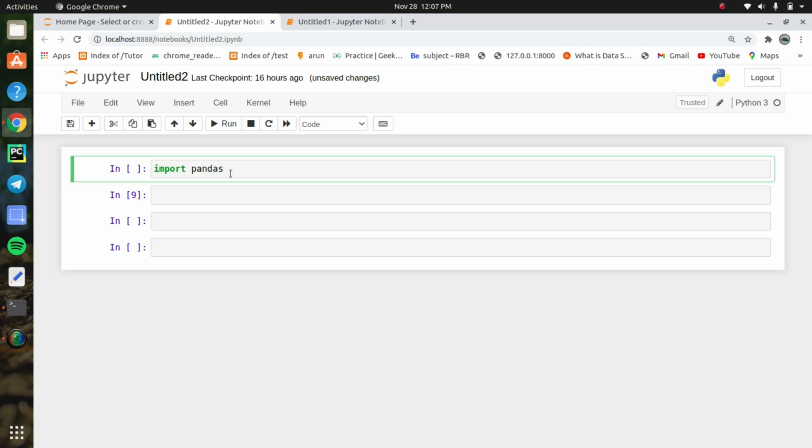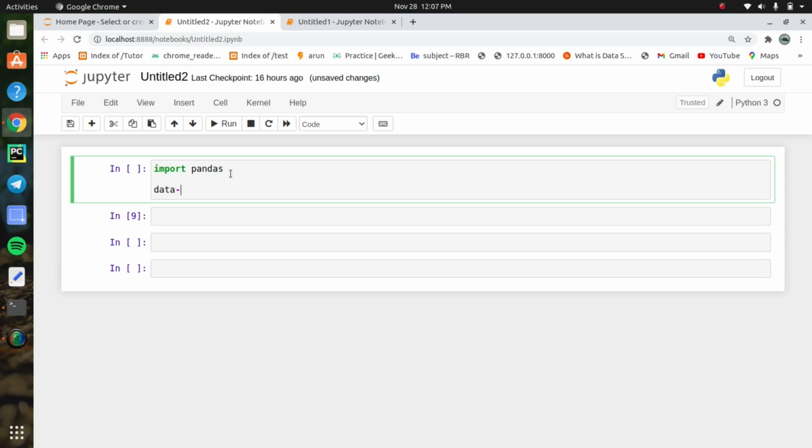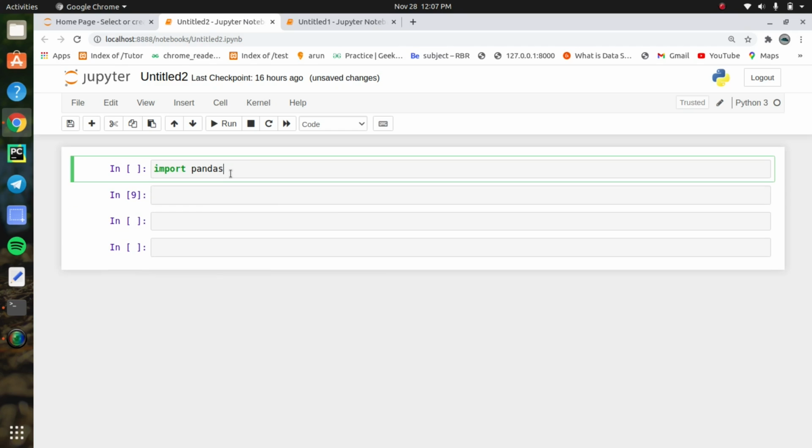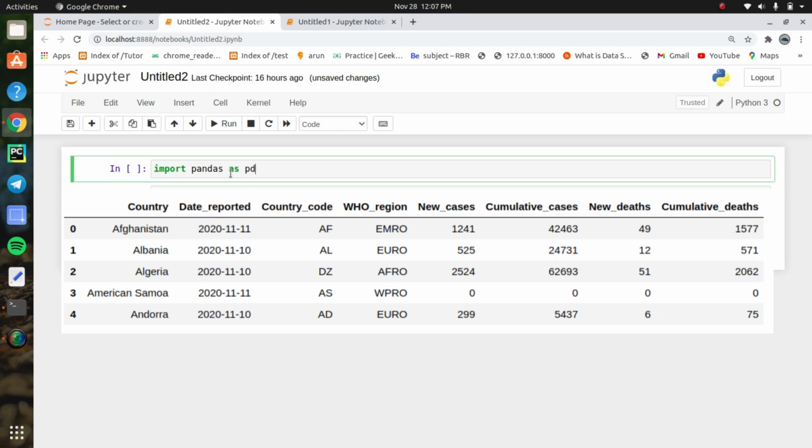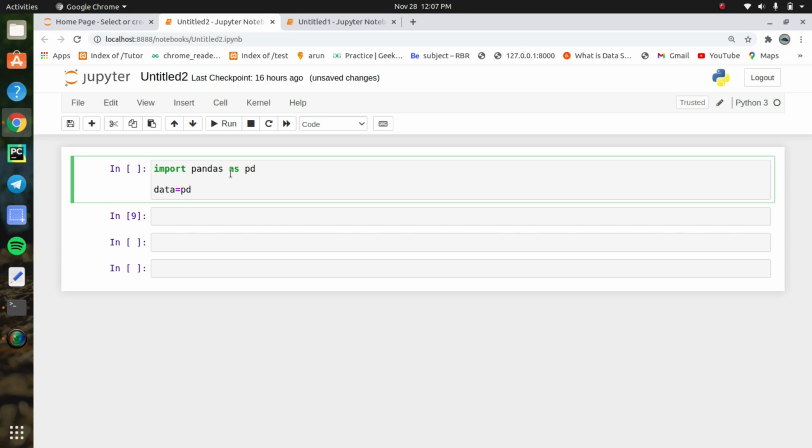First you need to import the pandas library for reading the CSV file. I already downloaded the CSV file from the official WHO website. You can easily download this dataset from there, otherwise I will provide the link in the description or Telegram. After importing pandas, create a variable called data, and in this variable you need to give your dataset